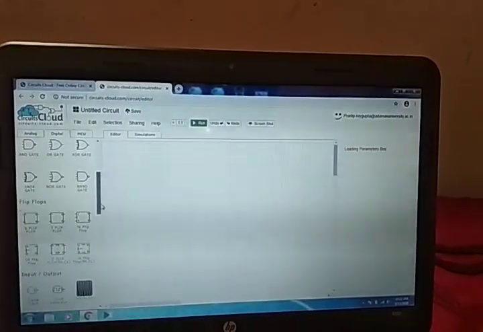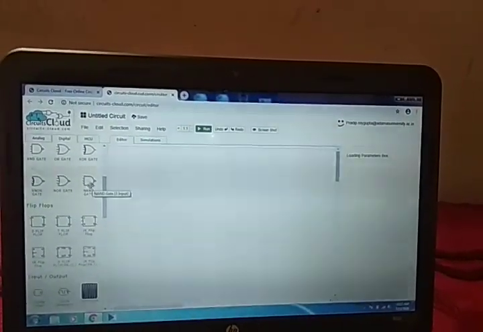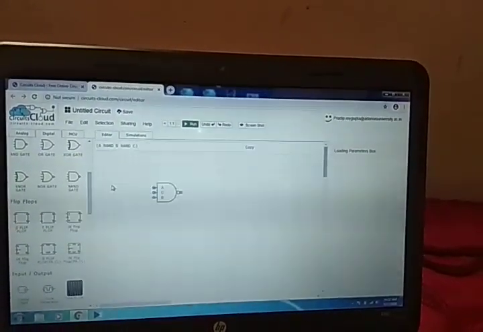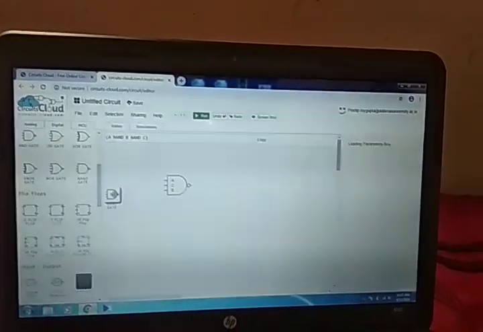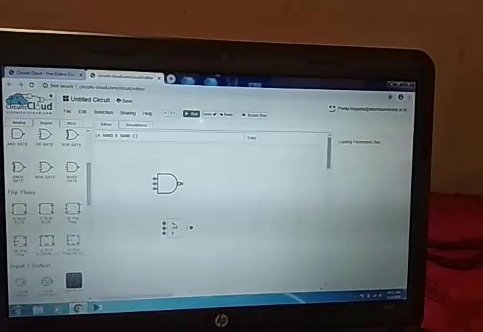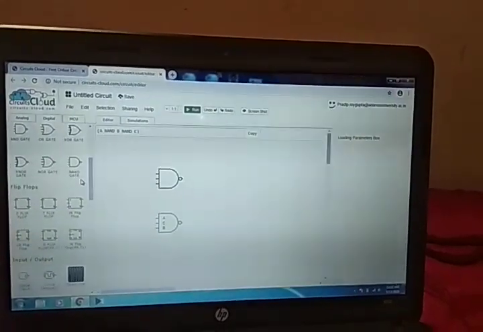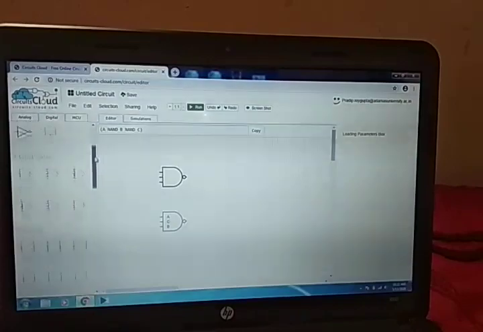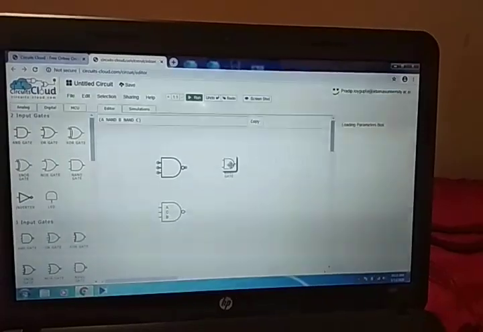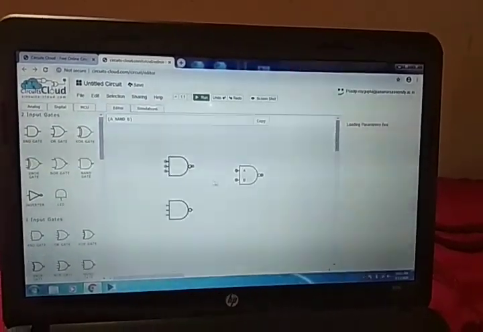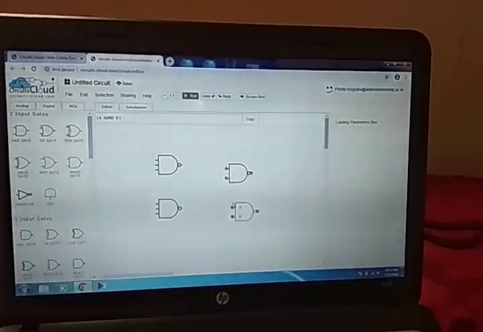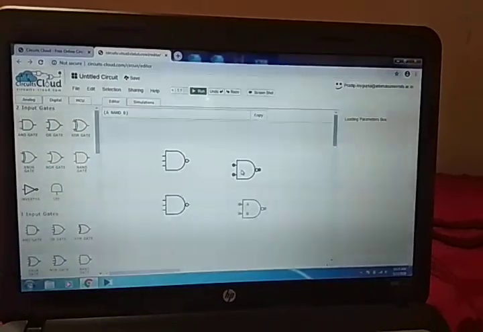As we are doing the JK flip-flop, we need a 3 input NAND gate, 3 input NAND gate actually, and 2 input NAND gate. Align them properly.